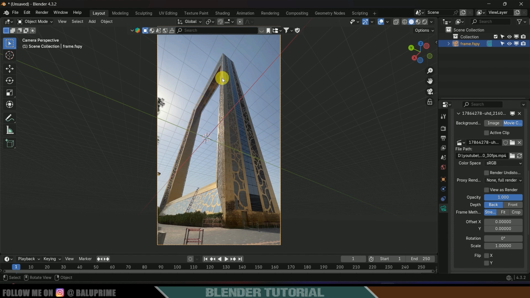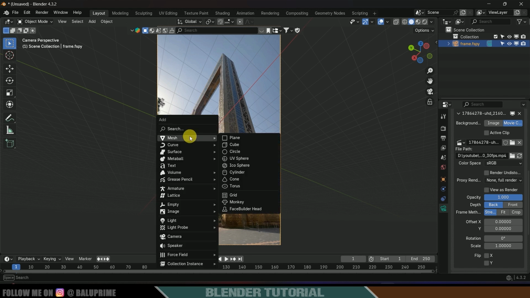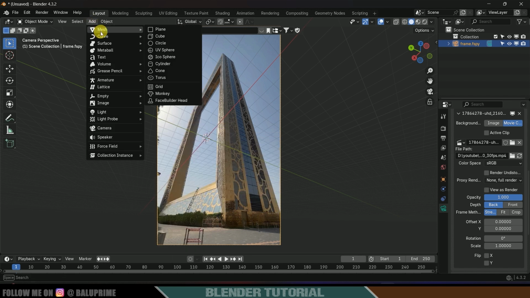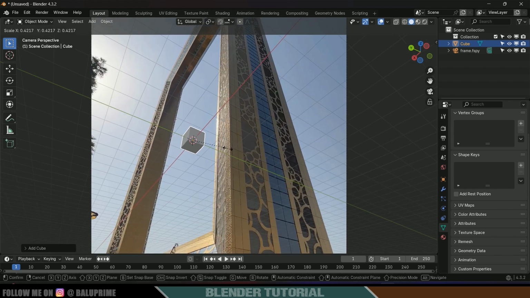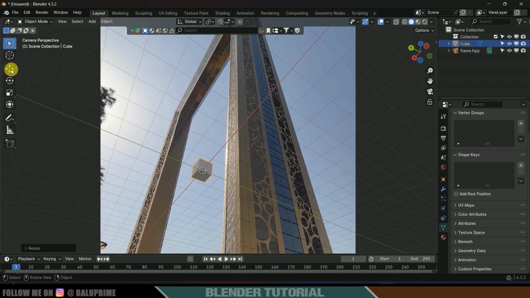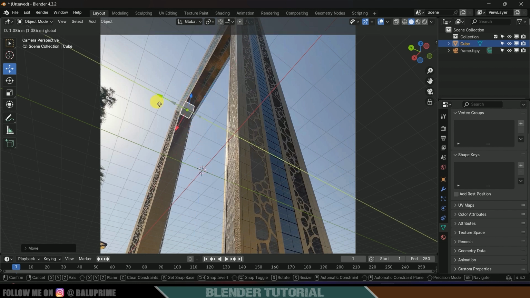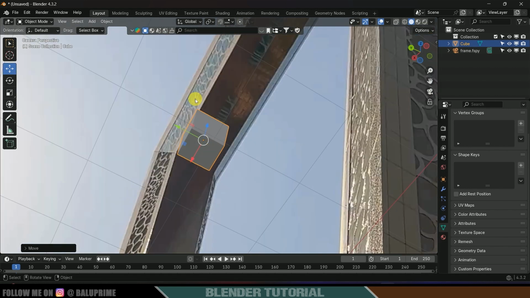So now let's first model this frame roughly. For that I will be using a cube. So now let's add our cube. Shift A, mesh, select the cube, or else go to this add mesh, select the cube here. So here let's reduce the scaling. Roughly I will model this thing. So let's place this here, match the corner first, and let's change this to edit mode,